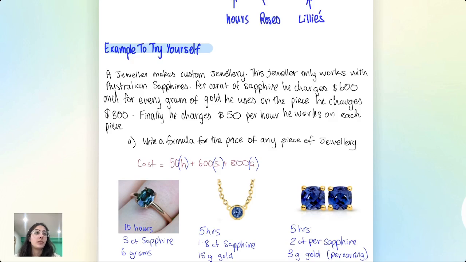Add the multiplication in between? You do, absolutely you do. So you write it exactly how it is there. So it says 50H plus 600S plus 800G. So you absolutely have to. But why do we use a bracket? Brackets, you don't need to put the times in between. You can just put brackets. No, but you have to wait. Show me what you mean. Wait, how do you put H on, you have to do that?